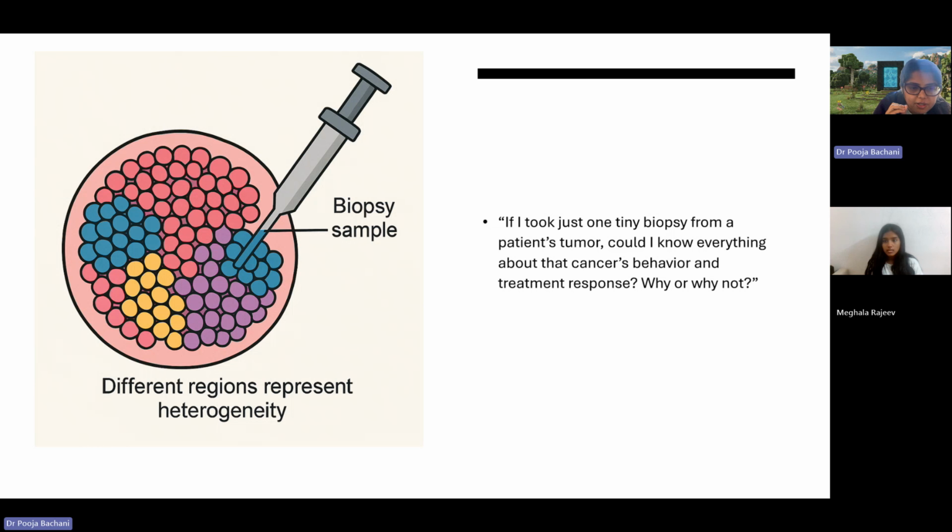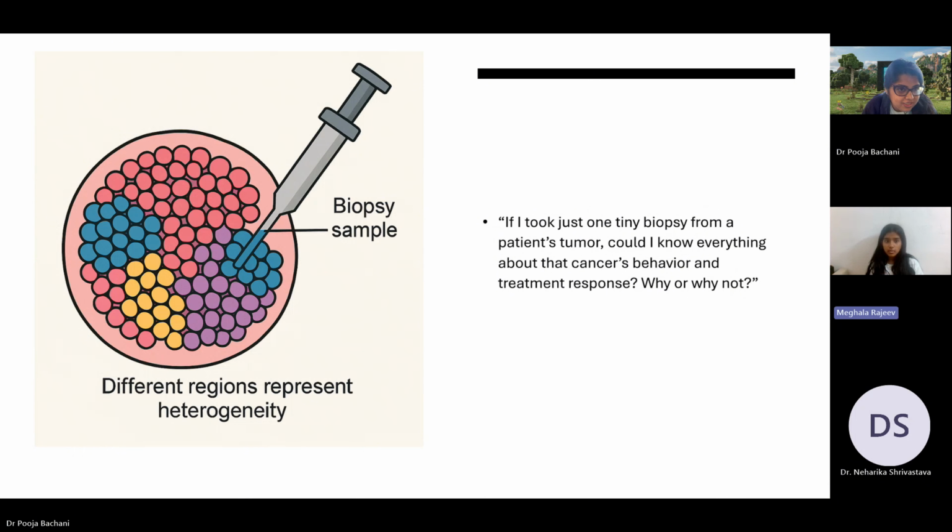So for example, I don't know if a patient has a cancer tumor, and I'm just picking up one sample, the blue cells. Do you think I can know everything about the cancer's behavior, or whether the patient has cancer or not? Not by one sample. Because it's a very small region, you need more than that to identify the cancer and